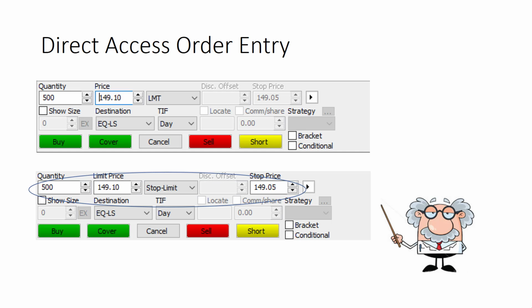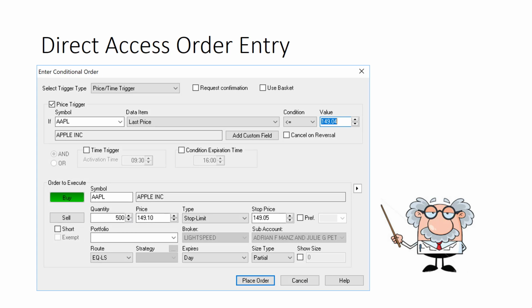All of this stuff in the circle here, pretty much going to be something that most people are used to seeing if they've been handling their own investing over the years. Not very different in the trading landscape. Trading software does, however, escalate in terms of what it can do for you. So in this case, now we're looking at a conditional order. This has a price time trigger. It says that if Apple's last price is less than or equal to 149.04, then let's initiate that buy order. The stop price, 149.05, the worst price we're willing to accept, $149.10.